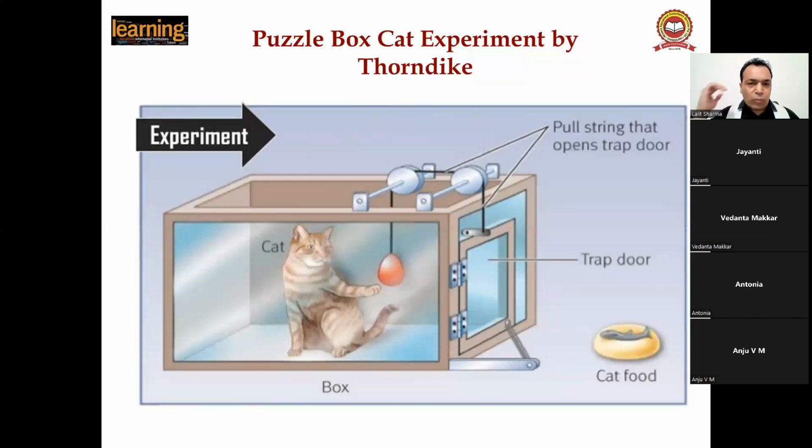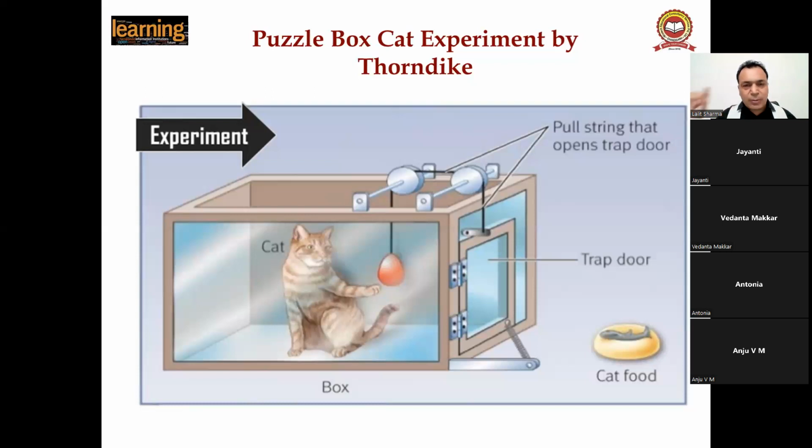Now, in the second experiment, Thorndike did the same experiment. He kept a cat in the puzzle box. The cat was hungry for up to 24 hours. The cat didn't show any response, right? She was quiet and calm. But what happened after the 24 hours when the food was taken to the cat? A fish was placed near the cage.